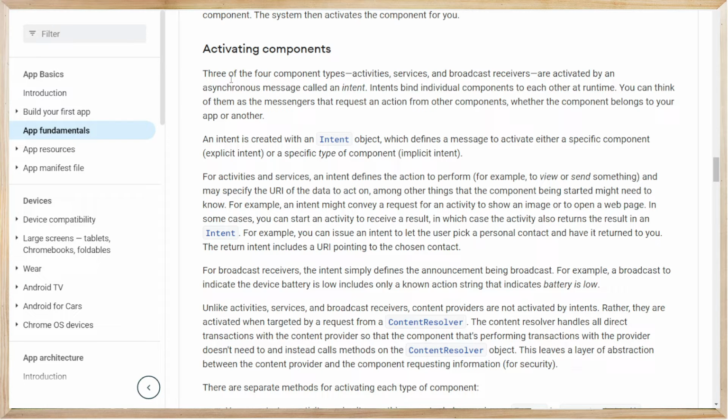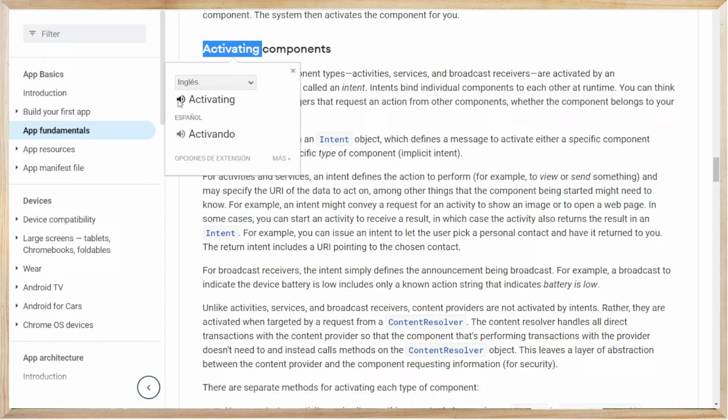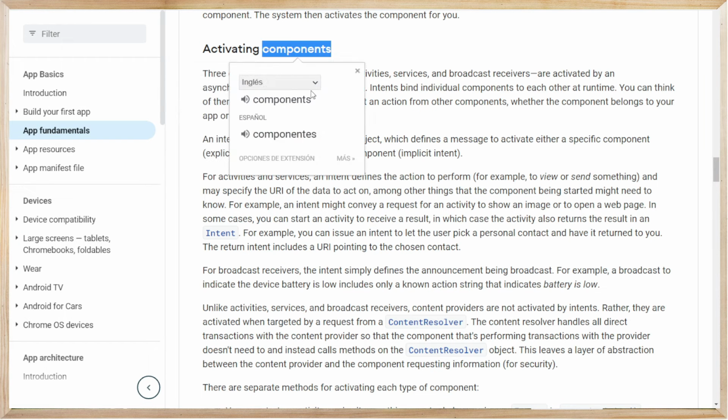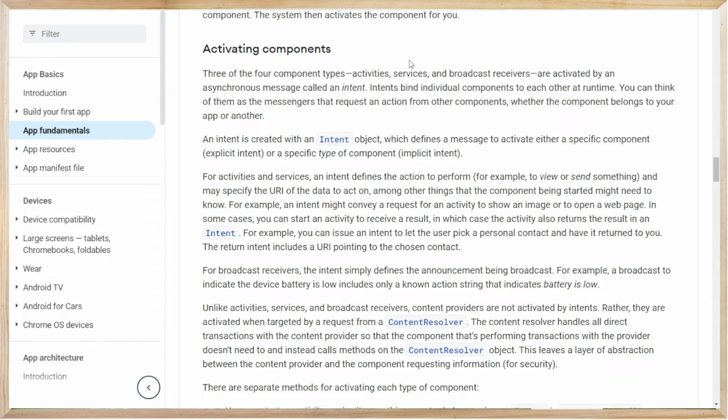Well, saying that, I'm going to continue. Activating components. Three of the four components types,